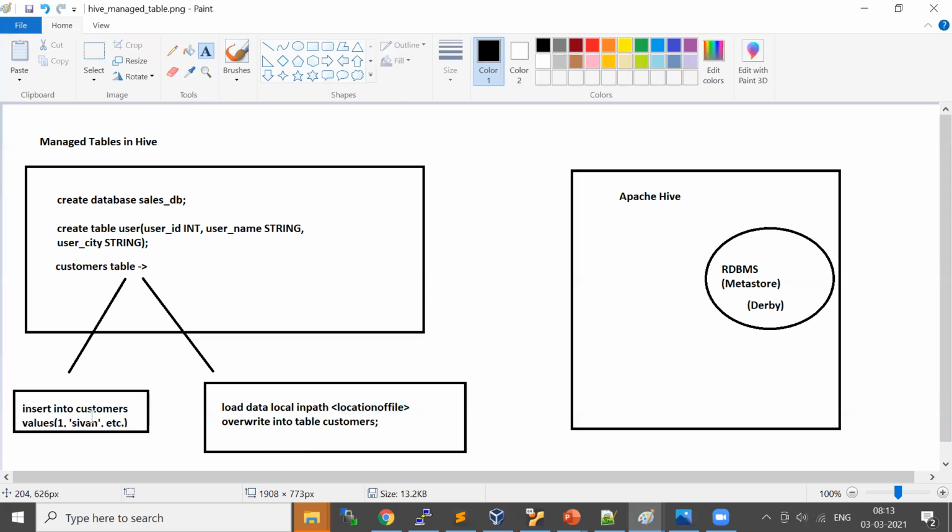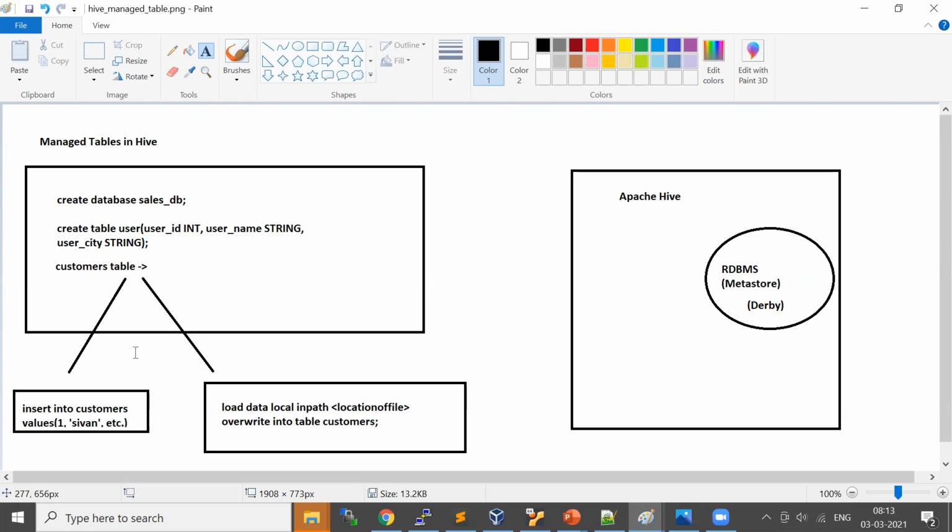This is one way, and the other way is you can use the insert command also. Just insert into table and values are provided. When you do that, it is going to launch a MapReduce job and insert the data into the Hive table. Okay, so this is how you do a managed table.